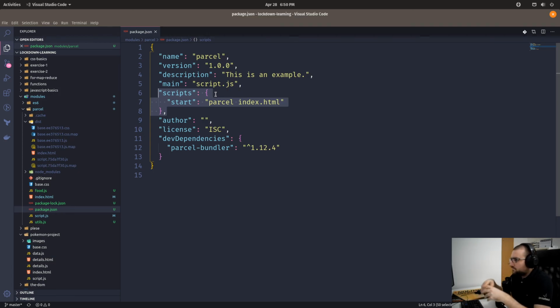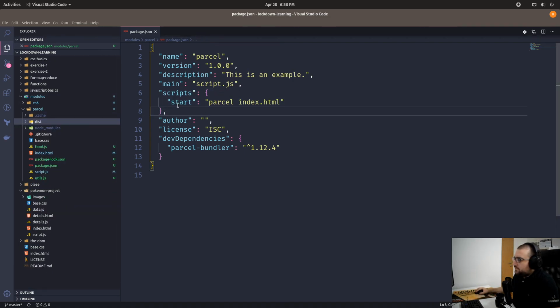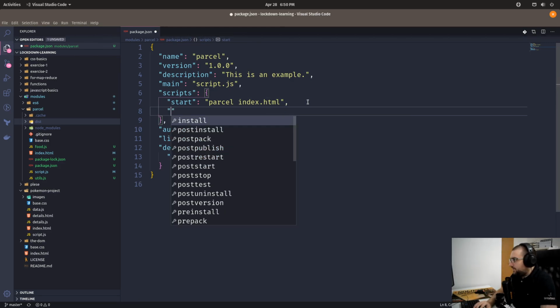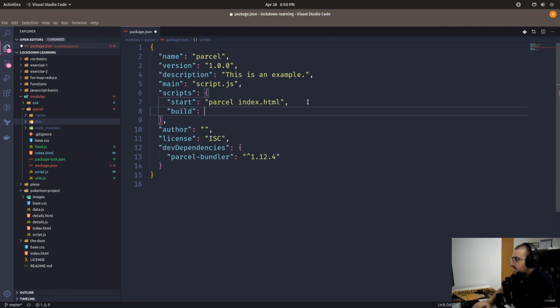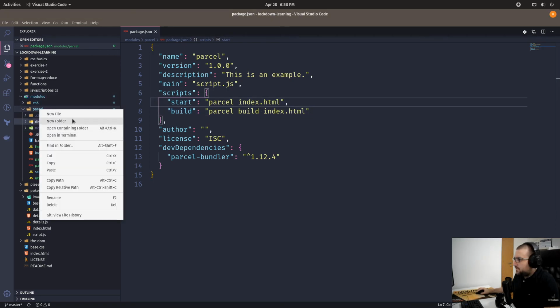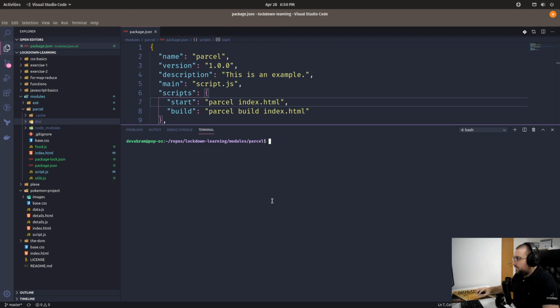If you want to build the script, like these are our index HTML, so we can deploy it on production, we can create a new script called build and just call parcel build index.html. So your package.json scripts should look like this. And if you open the terminal from our parcel folder and run npm run build,